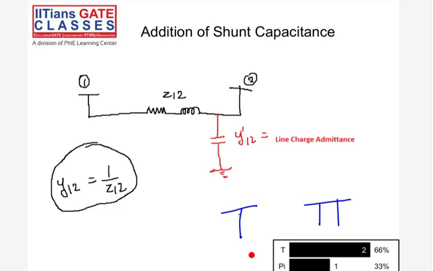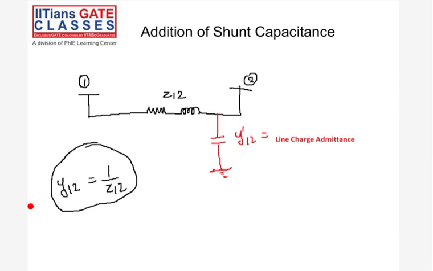Okay. So actually, if you're looking at a network representation, suppose you are going for a T model. If you're going for a T model, it would be,